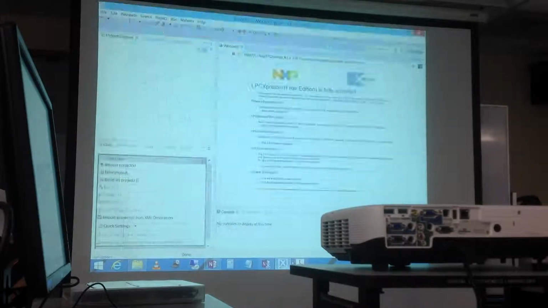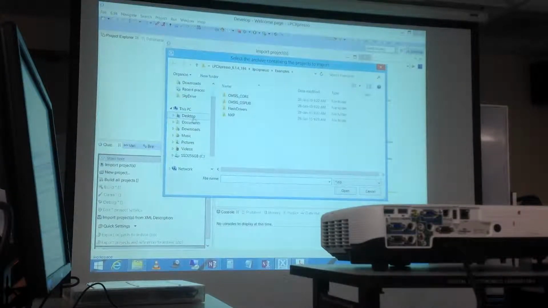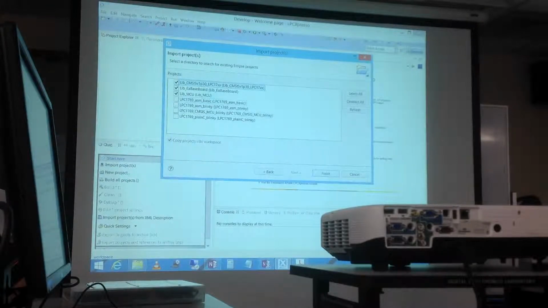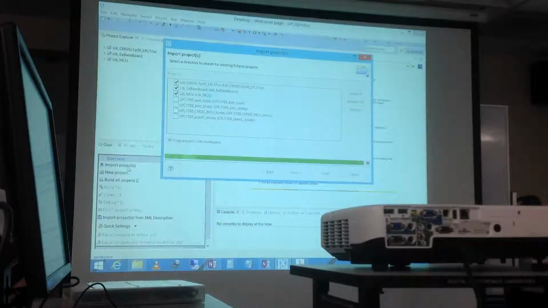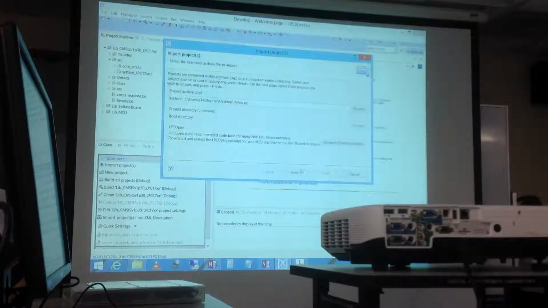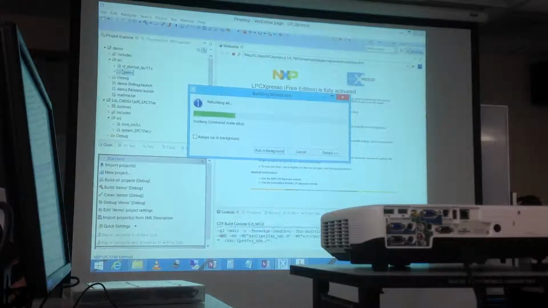Now inside your program, okay, it's empty, let me import it. So I will import the original program, as well as our original demo file. Okay, I think it should be fine. Okay, so